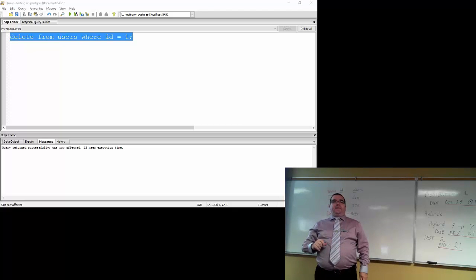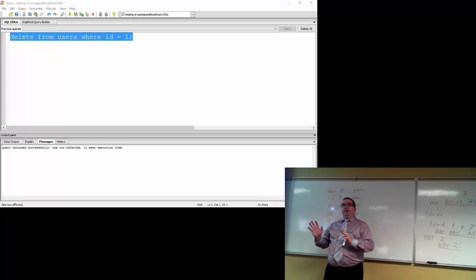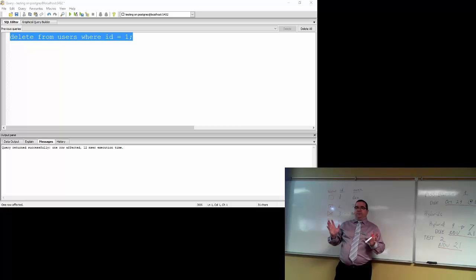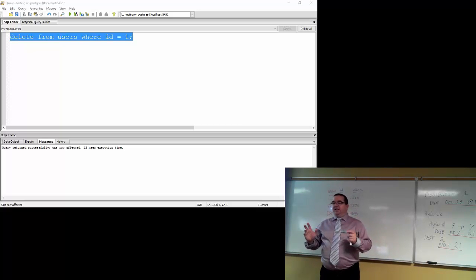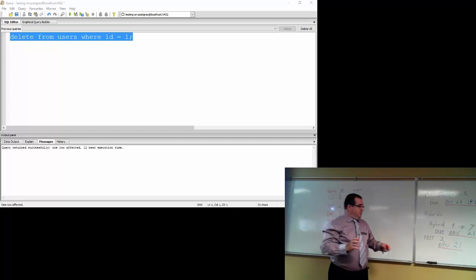Somebody got clever, and they created something called truncate. And truncate is a half command. It's half DDL, half DML. I know it sounds weird when I say it that way, but what it actually does is, depending on the database engine, it actually modifies the table structure. In Postgres, what it does, it goes and essentially says,